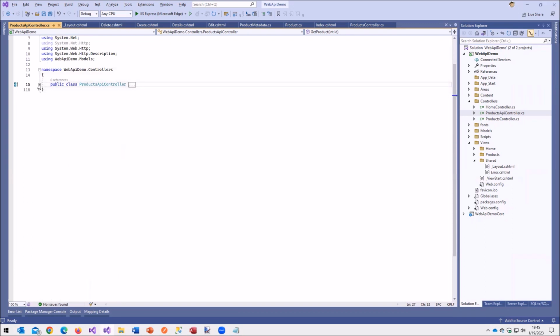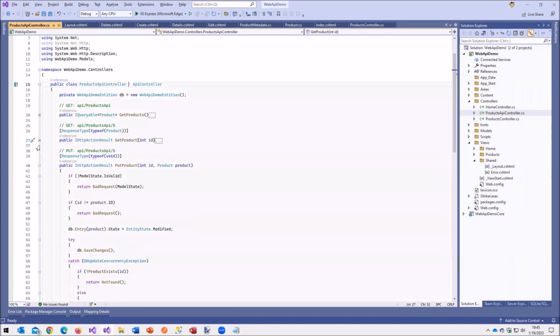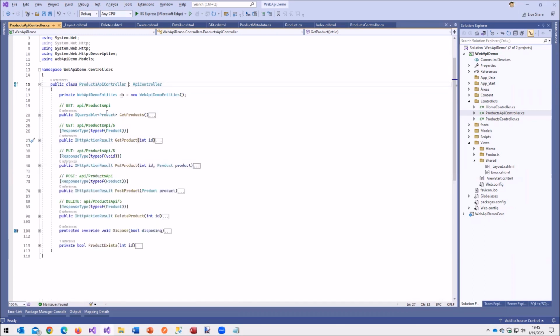And there's a lot of junk in here and I apologize for it, but if I collapse them, hopefully it kind of makes sense. So this created a get for the API, a get for the API with a query string parameter, a put for the API of 5, that's our update, a post for an API, that's our insert, and a delete, passing in the URL, passing in the ID.